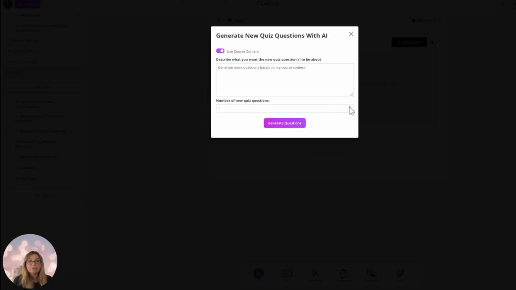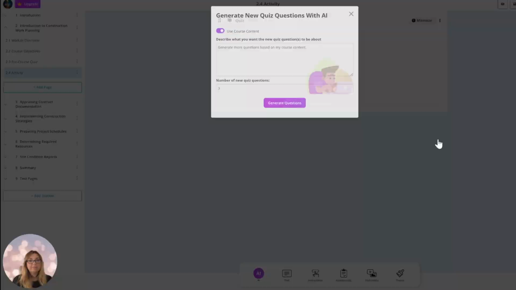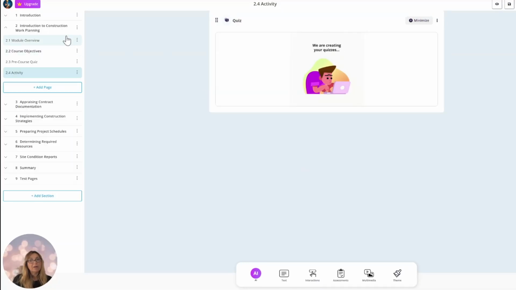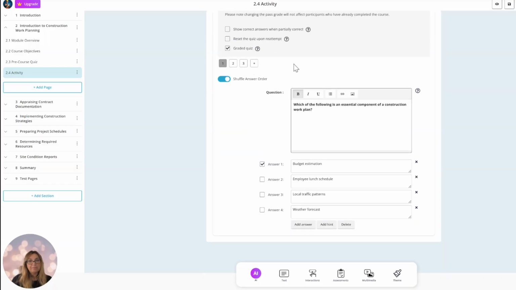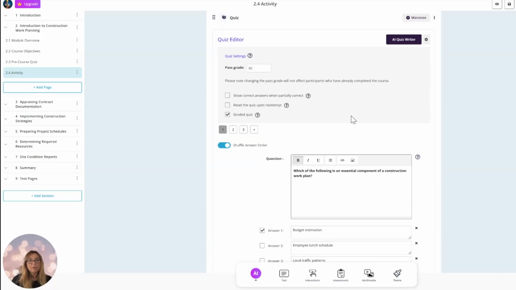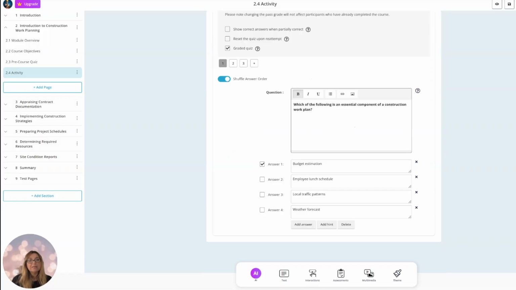Make sure you set the number of questions and generate. Now the AI is looking at my course content and generating questions relating to that. It only takes a couple of seconds and the quiz will appear on the screen. Here we go. Here's our quiz. So at this point, we will not look at the settings yet, but in this section down here,